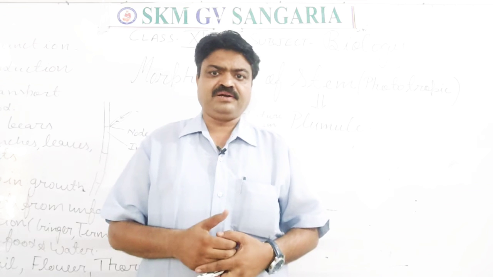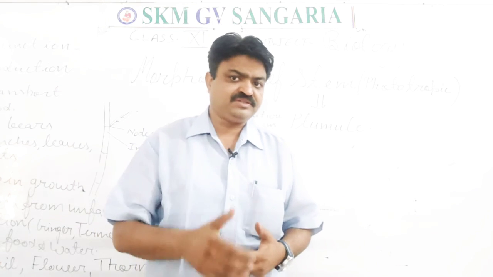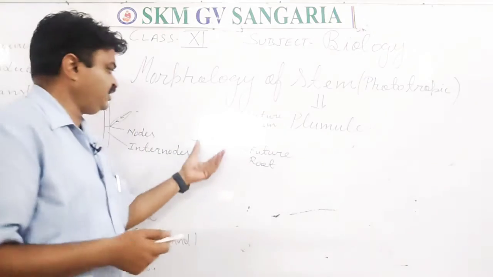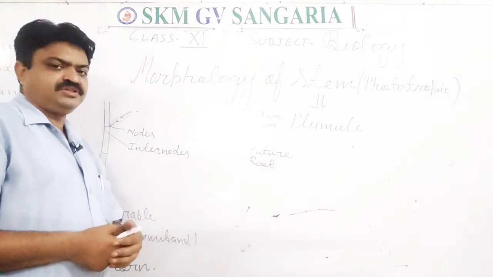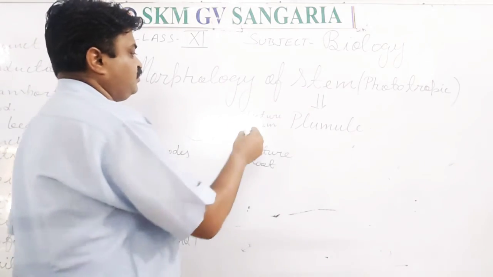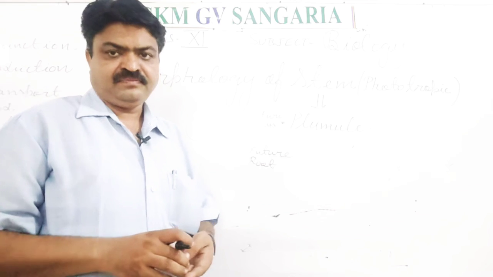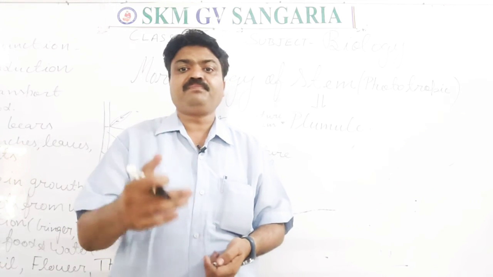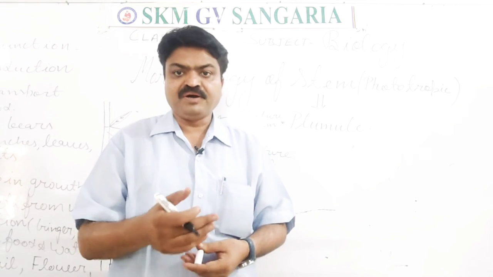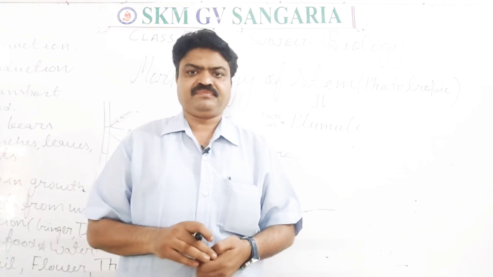Now this important part is developed from which part of the seed, student, or which part of the germinating seed? It is the plumule. Plumule is developed, means it is in one seed, a dicot seed, student, and in this you can observe this part is known as the plumule, and this plumule is developed into the stem. And the stem bears the different parts of the plant like fruits, leaves, branches, birds. All these parts are found on the stem.